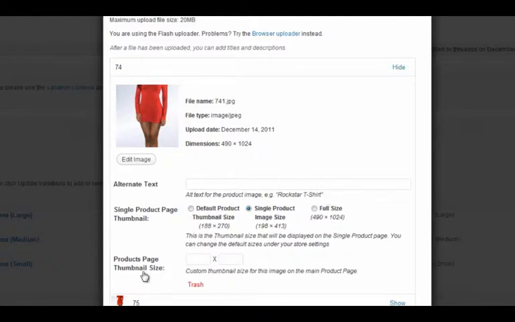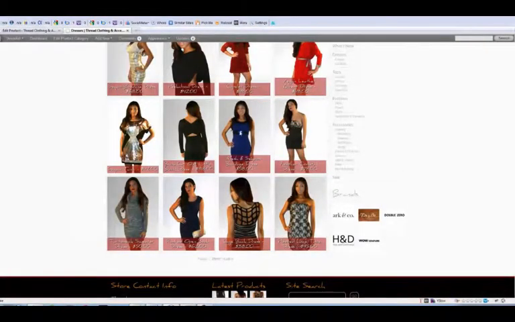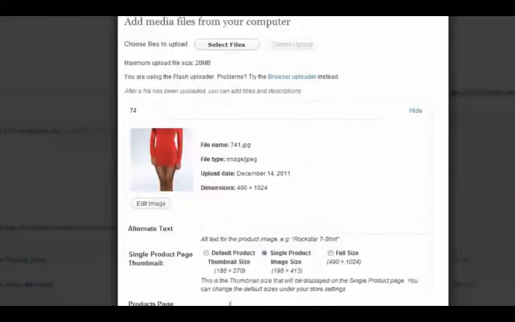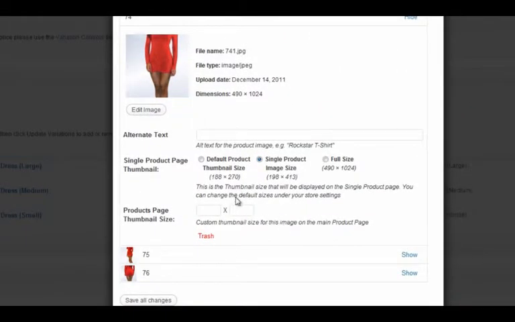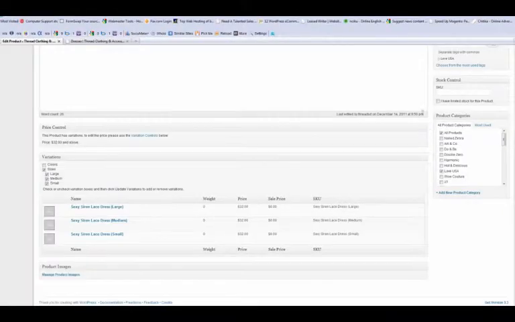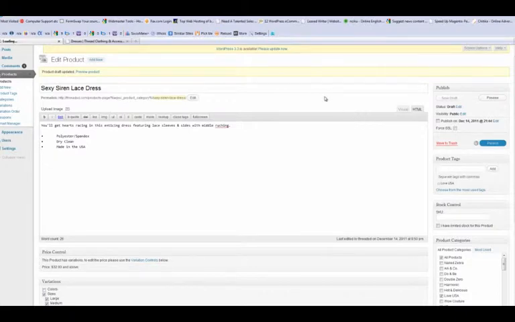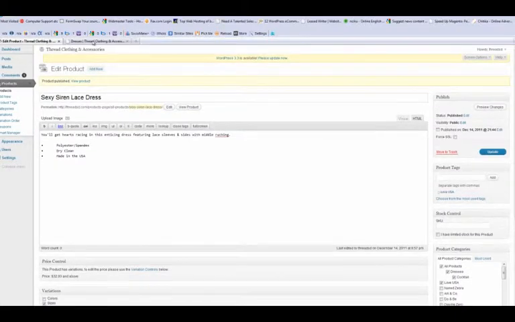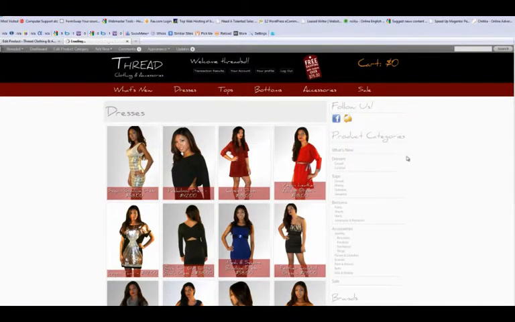And then on the product pages, you'll see that these little images are here. And the way the perspective of the images looks on the website is going to depend on how big the image is and just where it ends up. So we want to manipulate that a little bit for this product. The standard is going to be 188 by 270. So if we save all this, and then we close this, and then we press Publish, and then we go to the actual page where this is at, which is Dresses Cocktail,